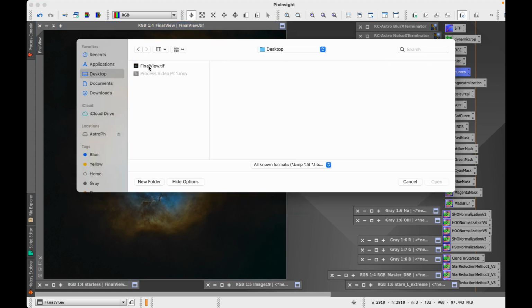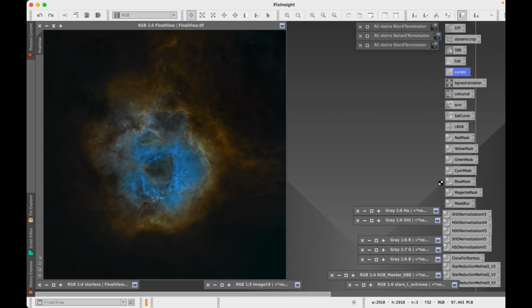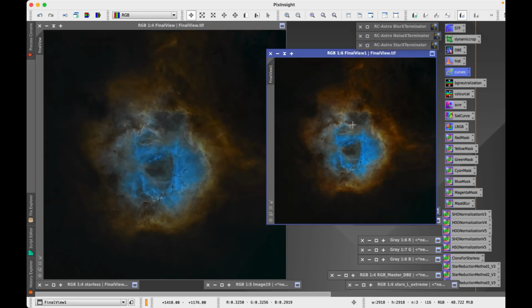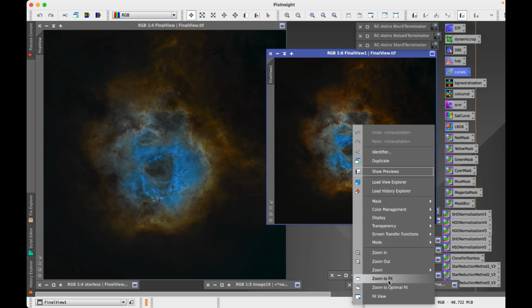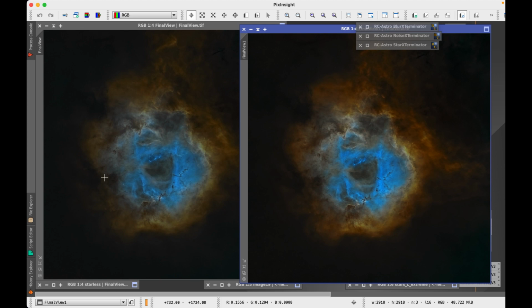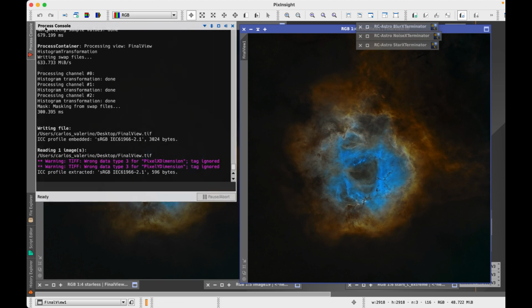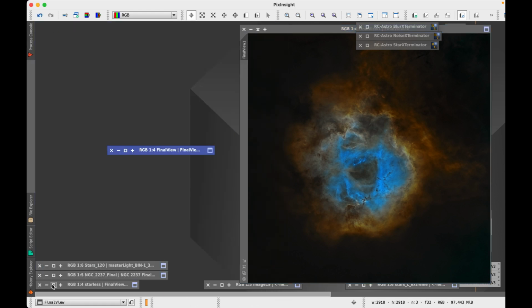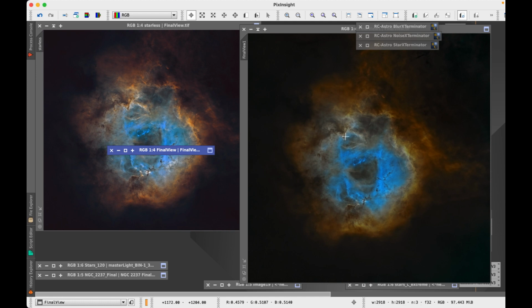We're on the desktop. Final view. So open here. Boom. Wow, look at that. Come on. Look at this thing in comparison to this. How much better that looks. Yeah, you can tell I'm really excited about this. This is the final image. That's very close. Yeah, that is very close. Wow,